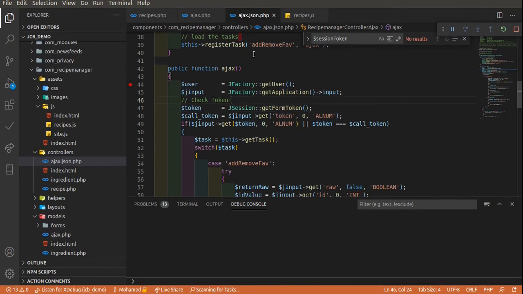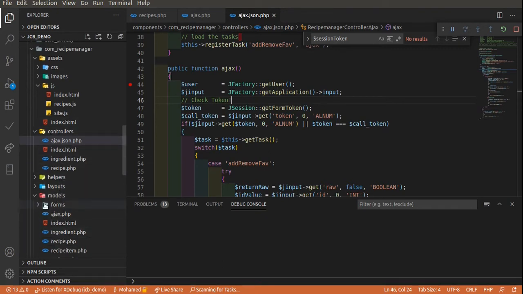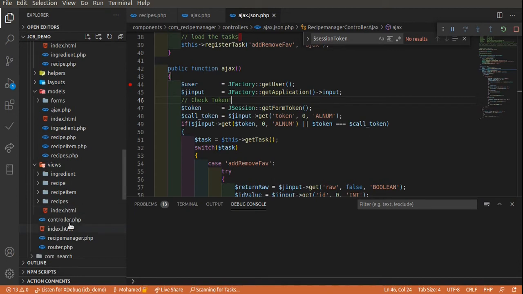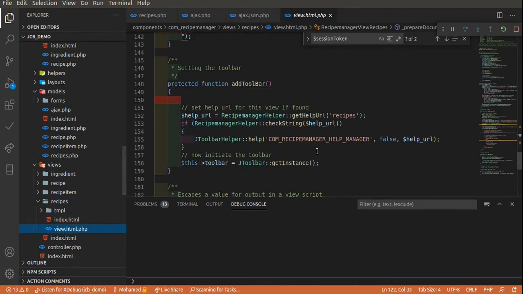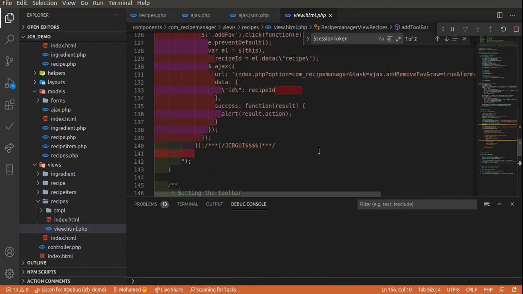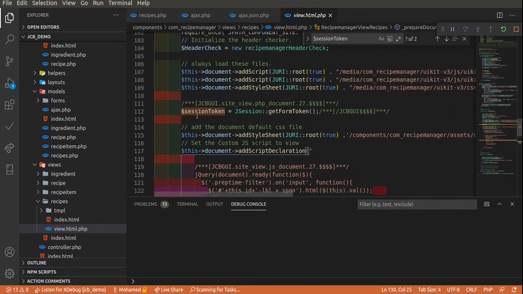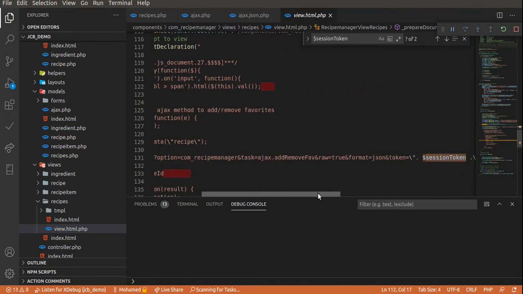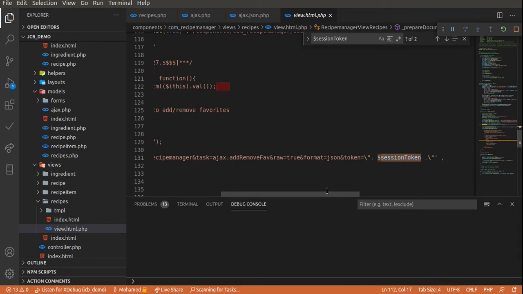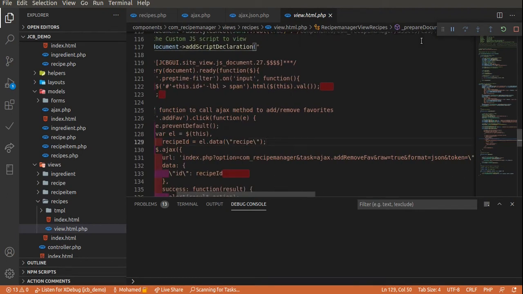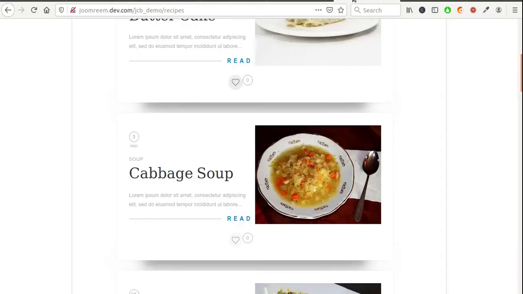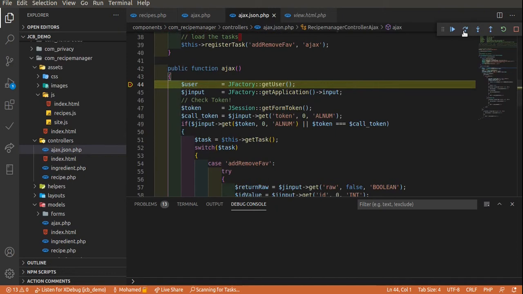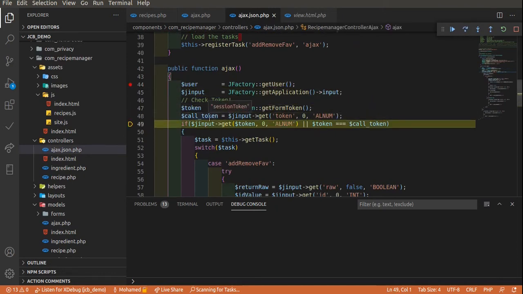I need to make sure the JavaScript is inserted correctly. Yes, it is in the correct file, and the session token variable is in the correct position before the JavaScript snippet. Oh, weird.